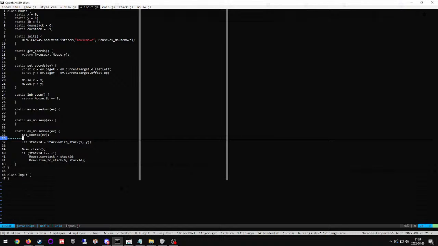And we do need to differentiate between when the mouse is down and when it's up, because do we? I mean, if we're just moving the mouse,